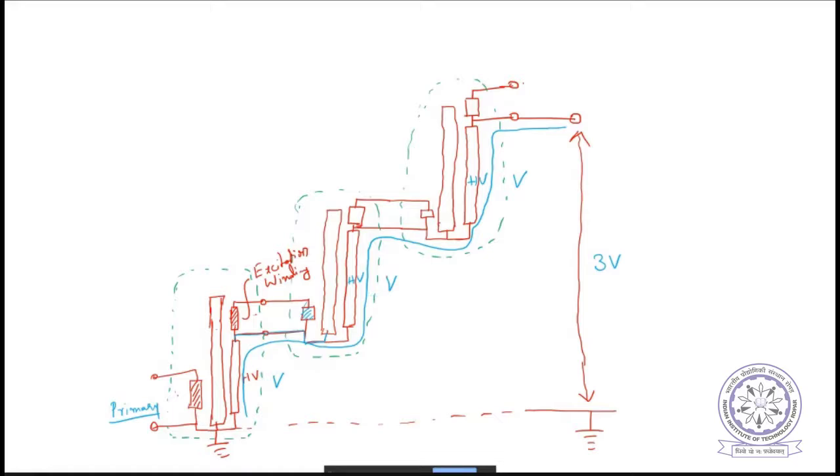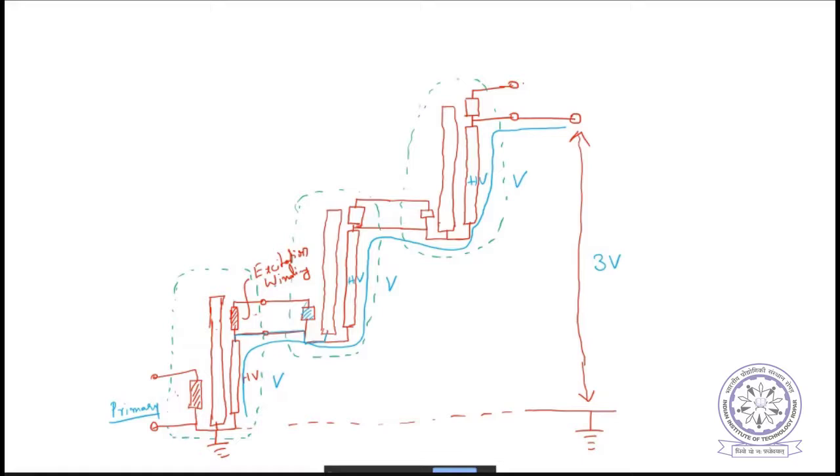Why 1 plus 2 plus 3? If you are thinking that 3V can be generated by giving more excitation voltage, why don't you give the same voltage at the primary of the first transformer also, and then make it more like that? So the second unit has to be exactly identical to the first unit so that the cost will be cheaper.